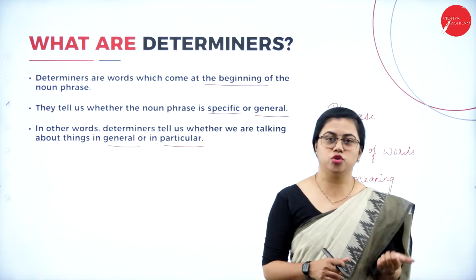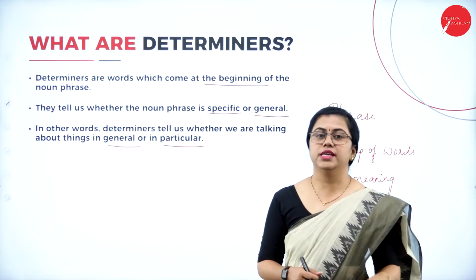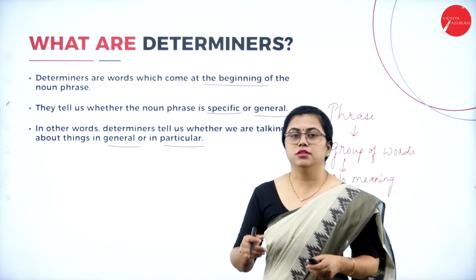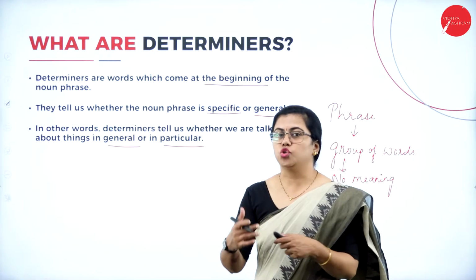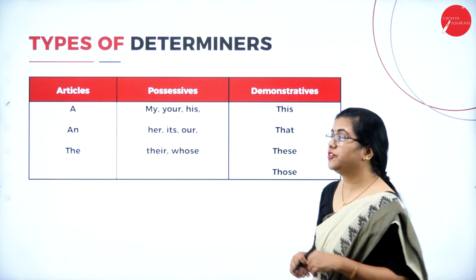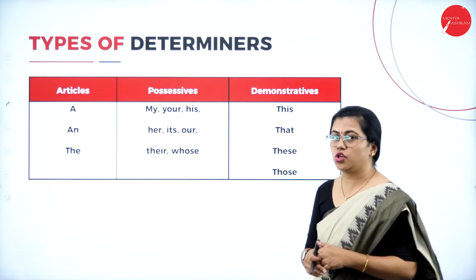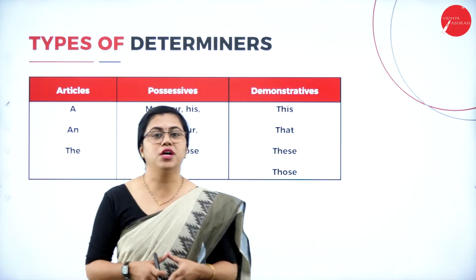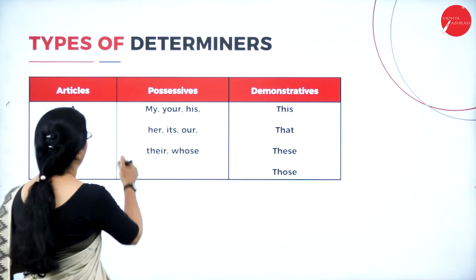Okay, whether he is referring to one particular thing or whether he is referring to something in general, that is the use of this determiner. So let us go further to understand various types of determiners. First, we need to understand the types of determiners. There are basically 6 types of determiners, and the first one we are going to understand is